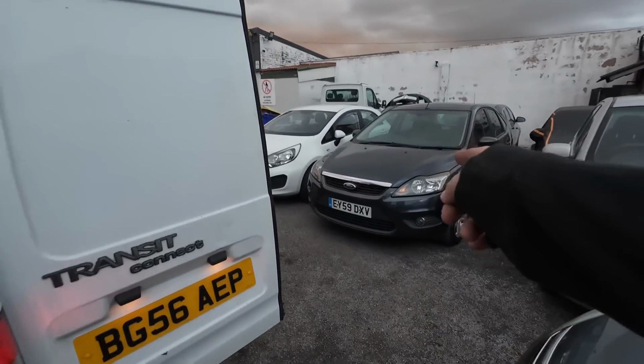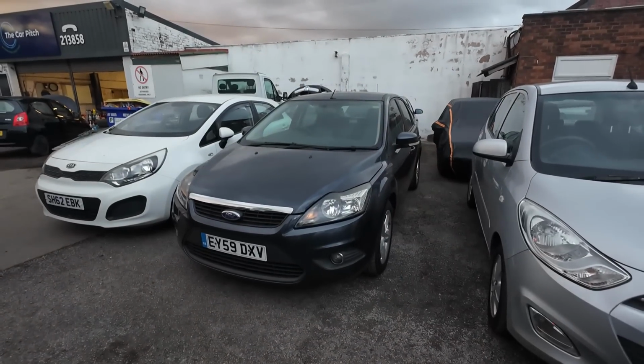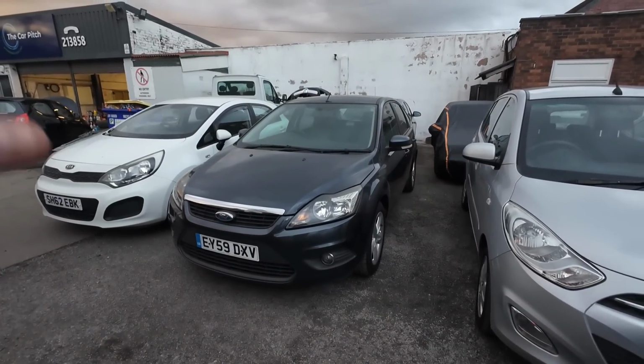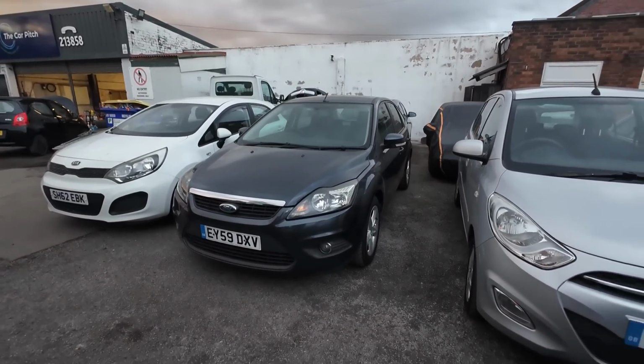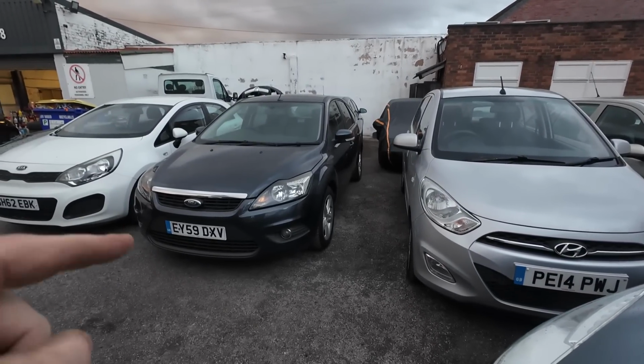Other sold cars, I'll talk about them later on, they're stuff we're working on next week. Focus automatic, cam belt and water pump's been already done on that one actually, so that wasn't too bad, but we had to do rocker servicing on it, and filters and oils and stuff. Had to underseal it all underneath. It needed a few other bits as well. So we had to get that all done and dusted, and then that threw up a clock fault as well,